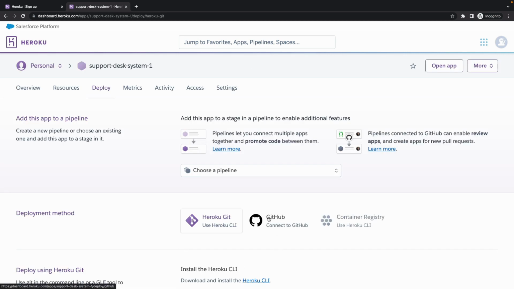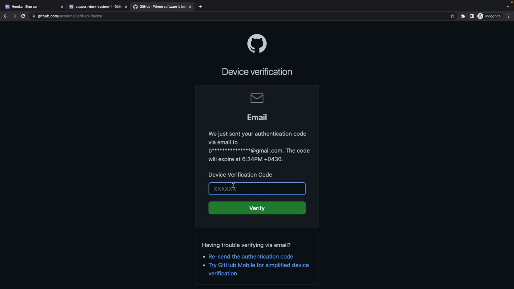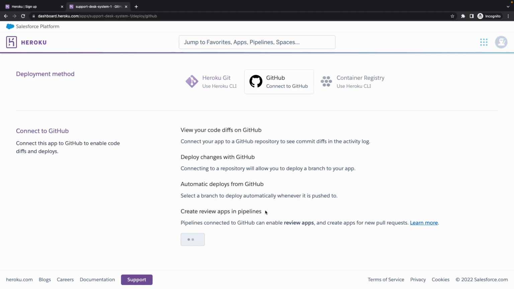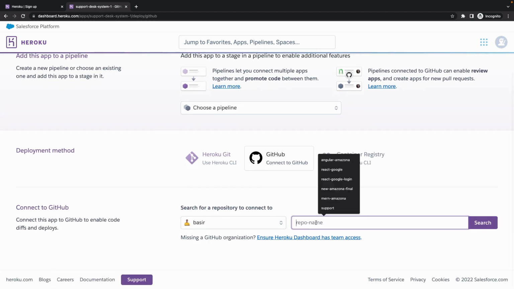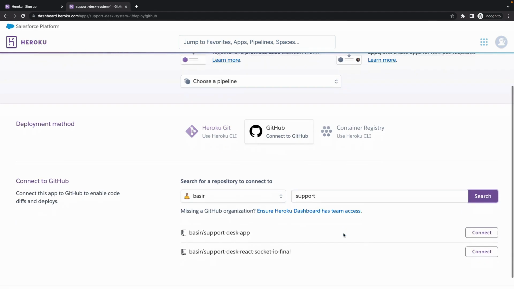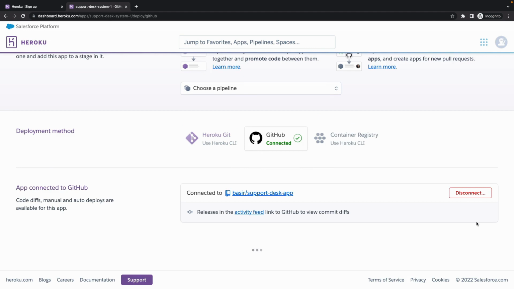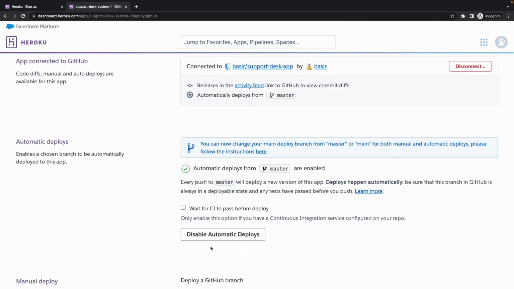Then click on GitHub, connect to GitHub, and click on connect to GitHub. Enter your email and password on GitHub, and after that you connected your GitHub account to Heroku. So you can type support and click on search to find the app and click on connect. Then scroll down, enable automatic deploy. So when you have any push in your code on GitHub, automatically the update will be applied to your web